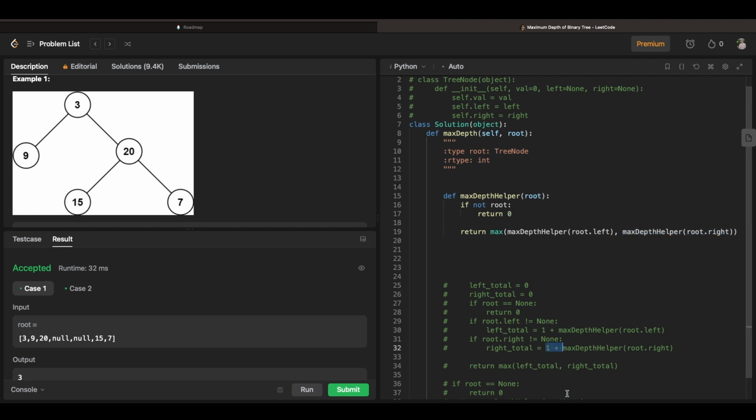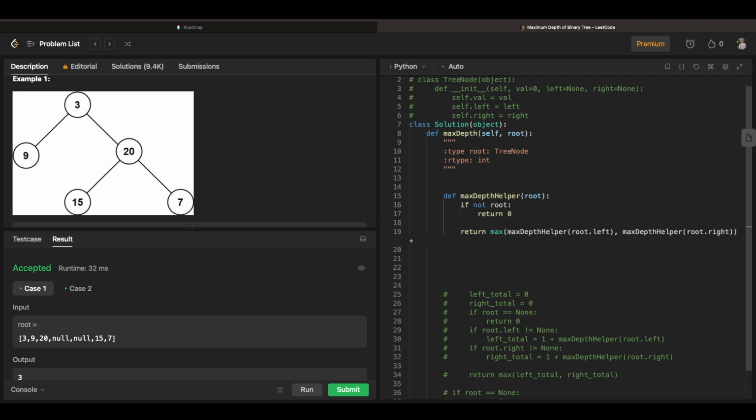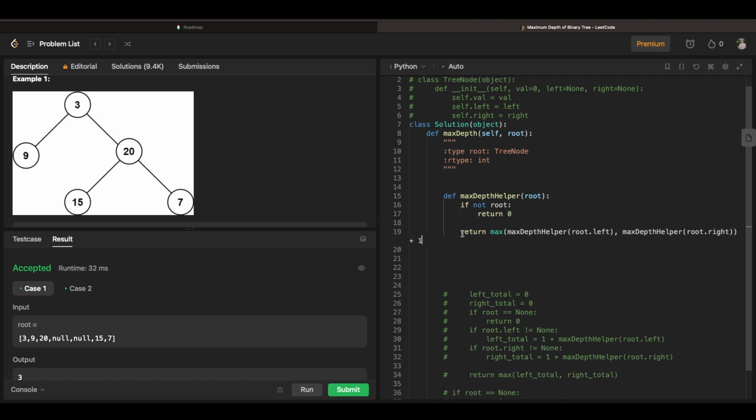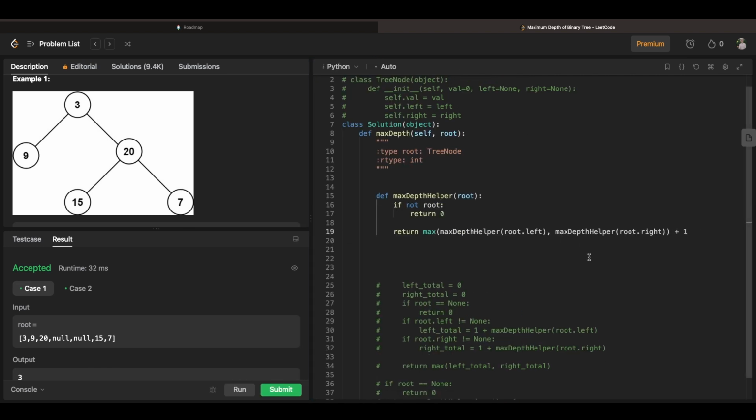You remember how I added +1 to each recursive call? So every time we go deeper in the tree, we're adding 1 so that we can keep track of how deep we've gone. We need to remember to add 1. And that formatting looks slightly funky. Let me make this bigger. There we go. We need to just